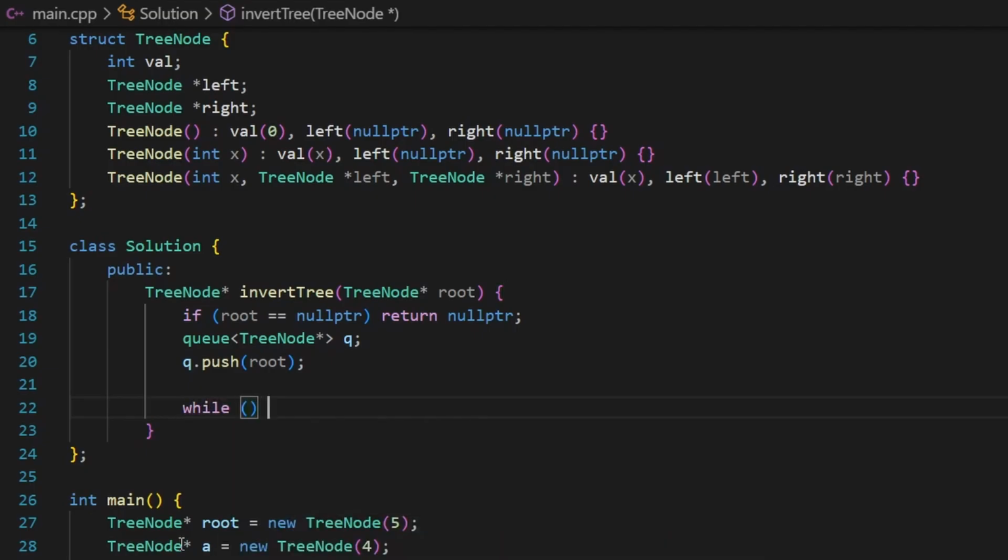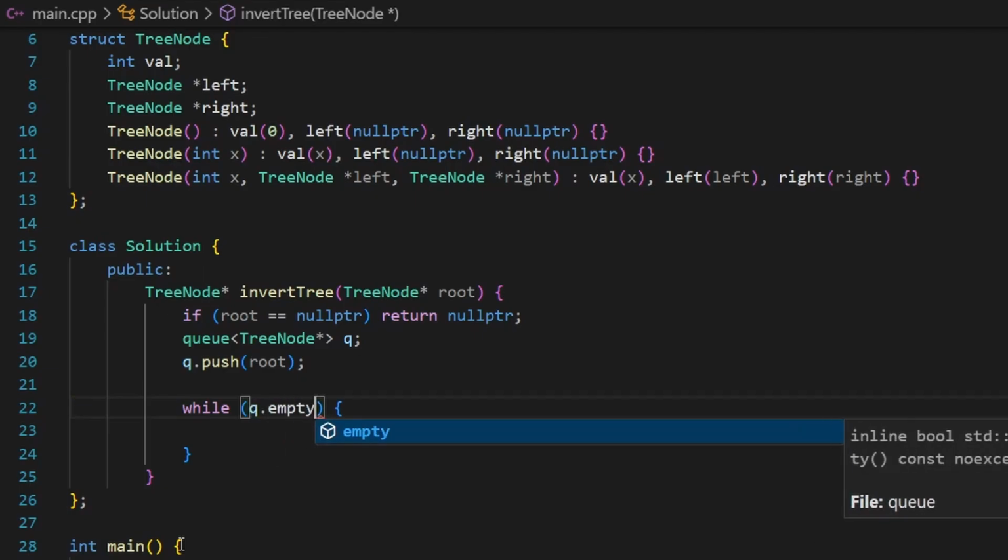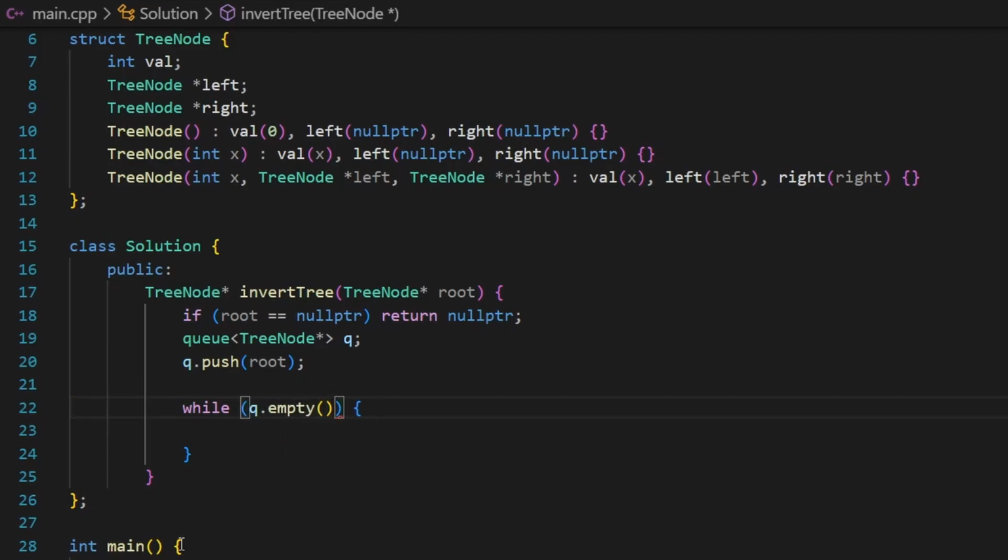Now I'm going to go ahead and write my while loop. What will be the condition? I want to say as long as queue.empty. But this says as long as the queue is empty, and what I want is as long as the queue is not empty. So I can just use the negation operator, which is the exclamation point. As long as my queue is not empty,